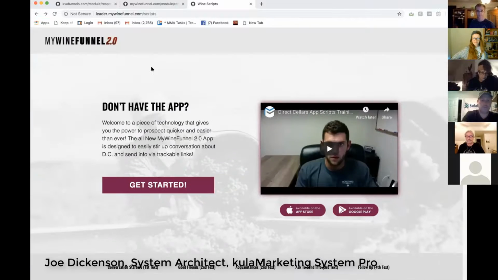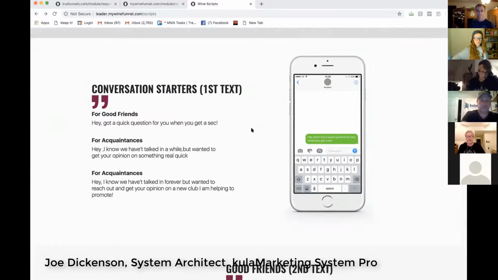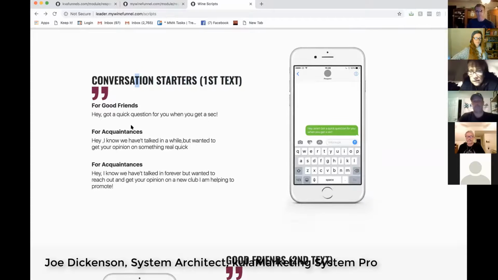So you can see right here, this is obviously for another system, but I want you guys to see how this whole engine works. First text, conversation starter, right? Open up a conversation. Most people can do this, but how many people do you text on a consistent basis? Maybe 5 to 10, if that. That was the other thing that me, Michael, and Ross realized. We had these texts for good friends, but then we're like, oh man, people are running through their friends and they don't know what to say.